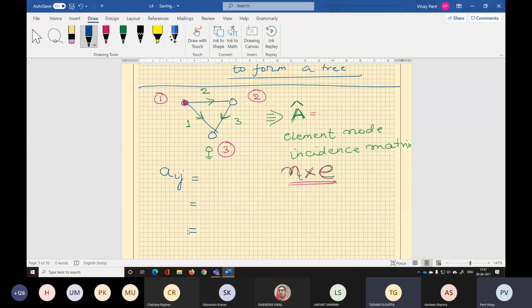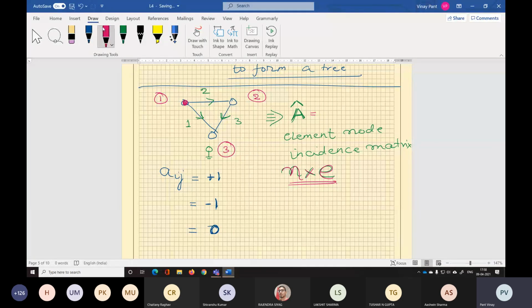This is just a directed graph. We don't have any information about resistance or voltage. Zero, positive and negative. That's laudable. It will have values +1, -1 or 0.